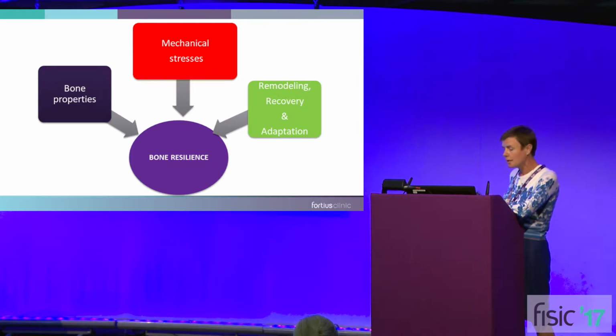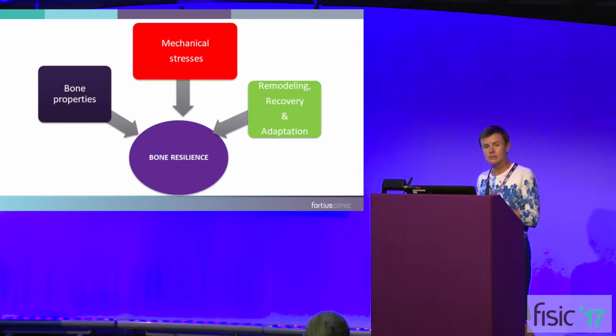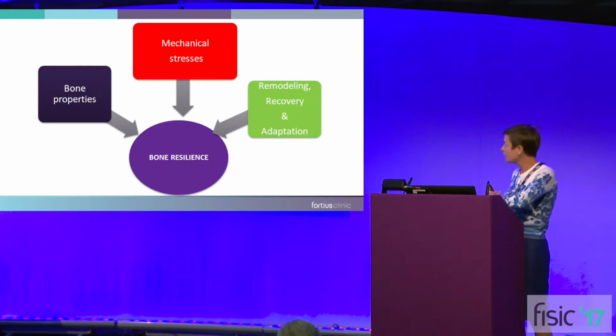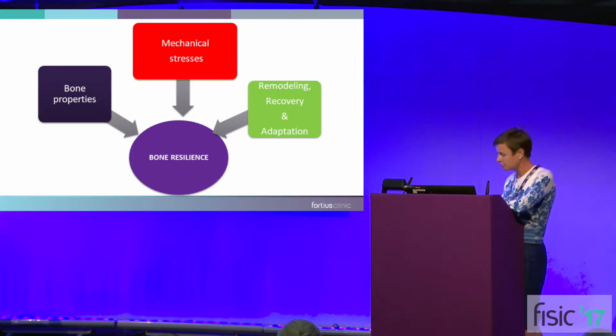And that's why the concept of bone resilience can be quite complicated to tease out in an athlete with an injury. So I like to divide the areas of discussion into these three components. Components related to bone properties, part of which is what we classically describe as bone health, the mechanical loading cycles and the mechanical stresses being imposed upon that athlete, and the ability of the individual to recover, remodel bones, and adapt to the stresses that are being imposed.